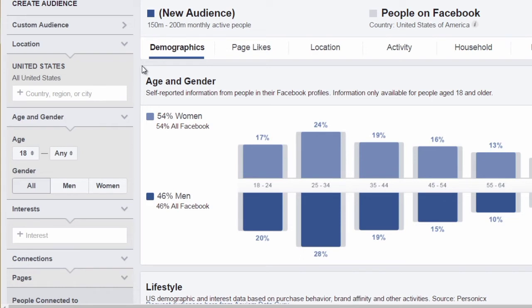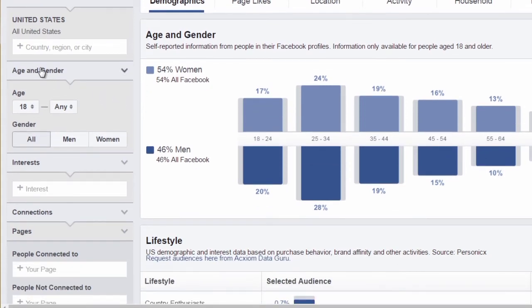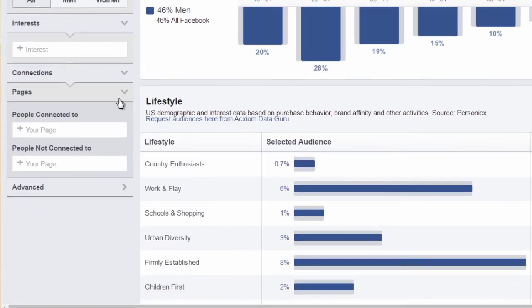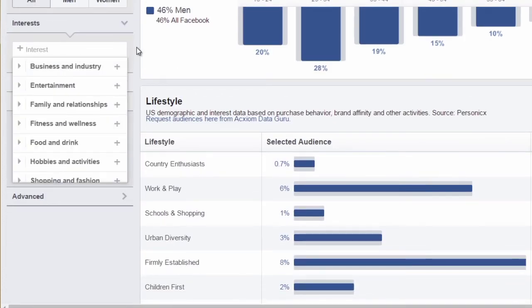Now, by default, it will choose your country. In this case, I am pinpointing the United States, but if you are coming from a different country, typically it'll choose that for you. Of course, you don't have to choose your country. You can choose a different country if you want, for example Australia, Canada or the United Kingdom. I'm just going to leave it like that. You can also choose the age and gender, but typically I leave this blank because I am interested specifically in the interests, and based upon the interest, it'll tell you more data about that particular